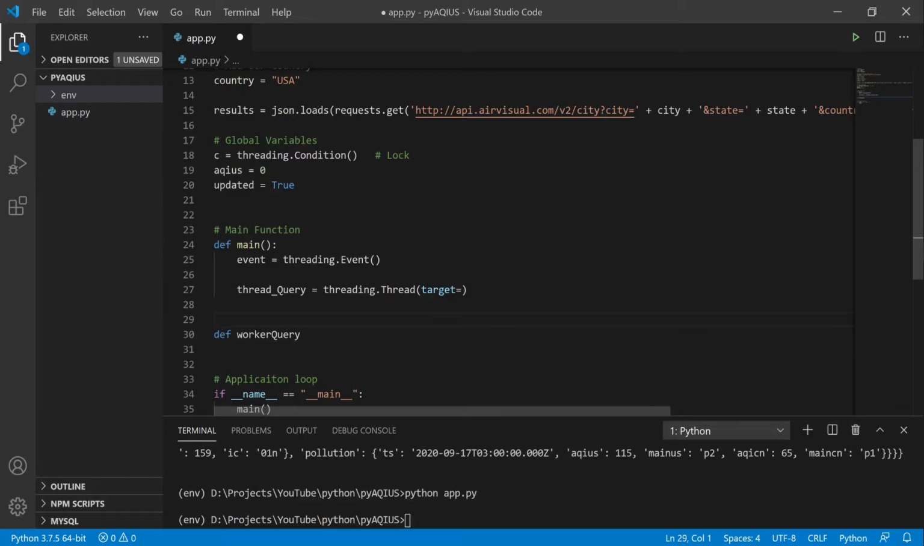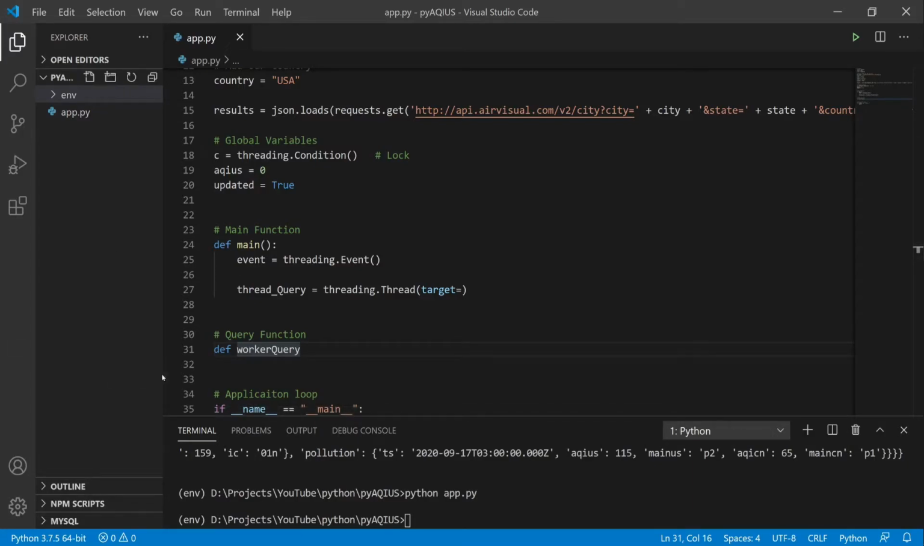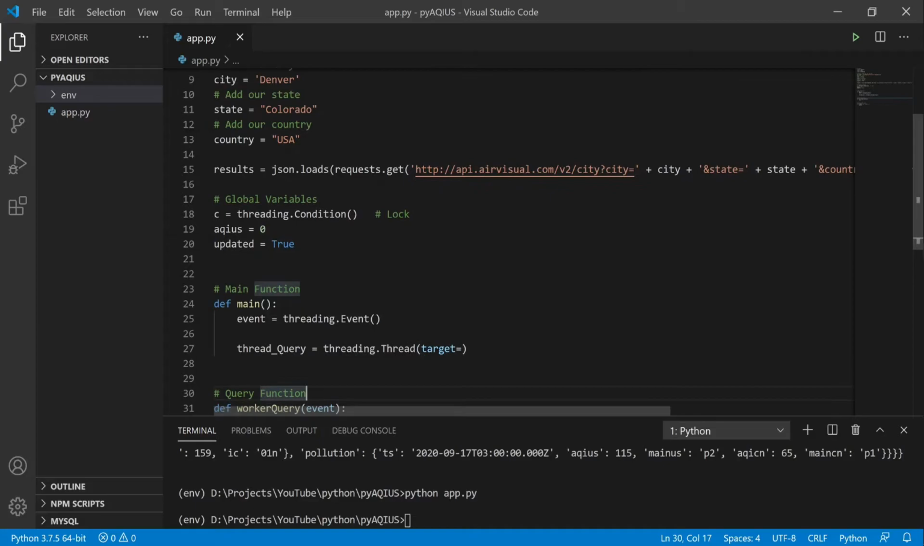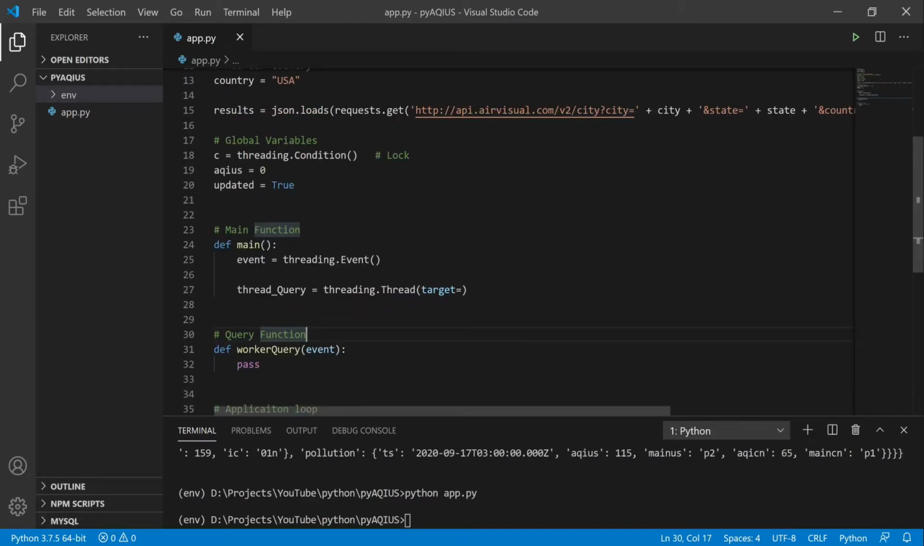I think it's a pretty decent name. Let's go ahead before we go any further. We'll just do query function. And this will probably take an event so that it knows when to actually shut down, which I'll get to again in a second. So we'll just go ahead and call it event in this as well. And we'll go ahead and pass. That way we don't have to put anything in the function yet. You can just sit there and just continually